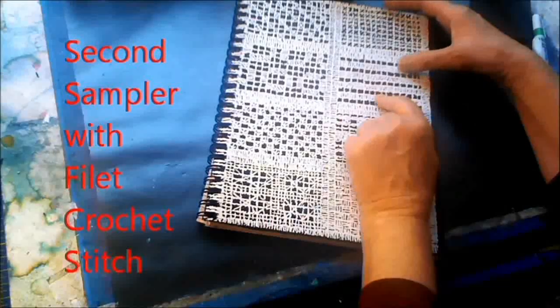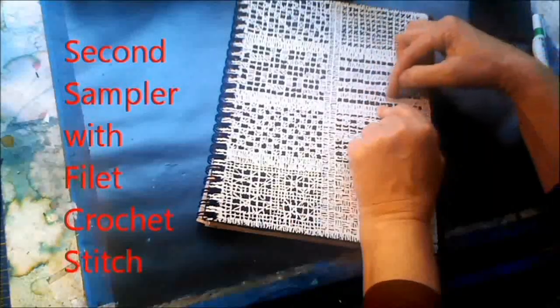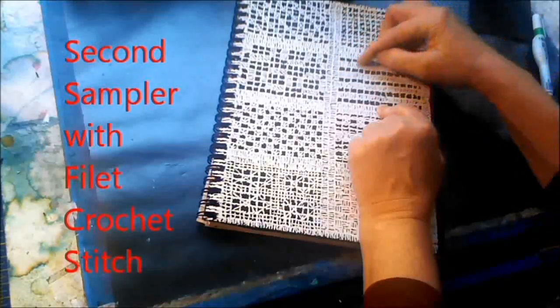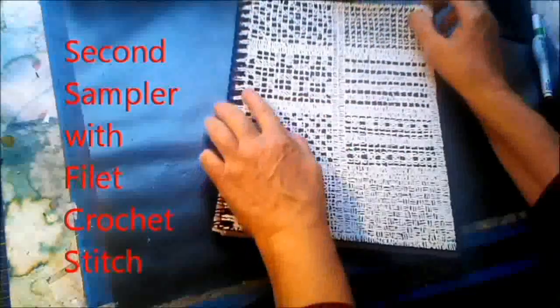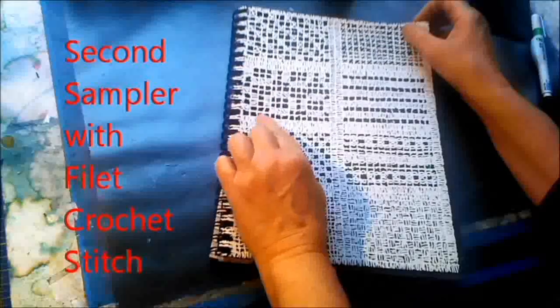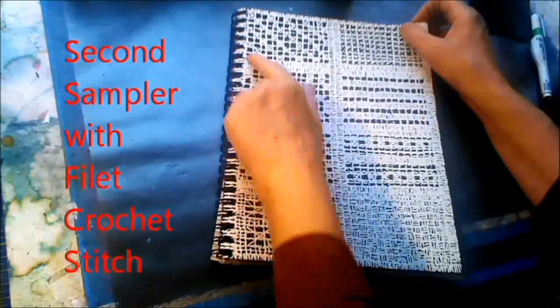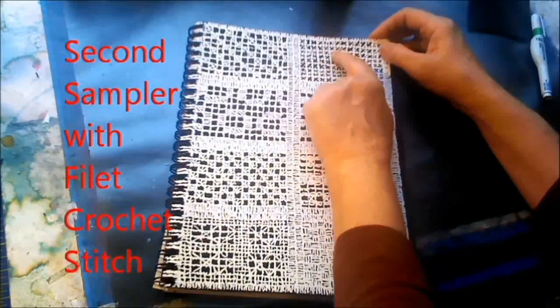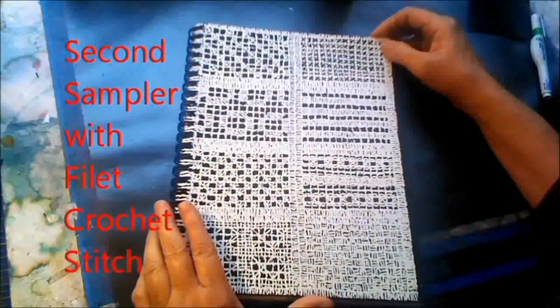This is double crochet followed by a filet stitch, which kind of left a sort of like an open weave there. Here I started seeing if I could work in some semblance of circles in there. And here I did some little picot stitches on the sides. So my next one